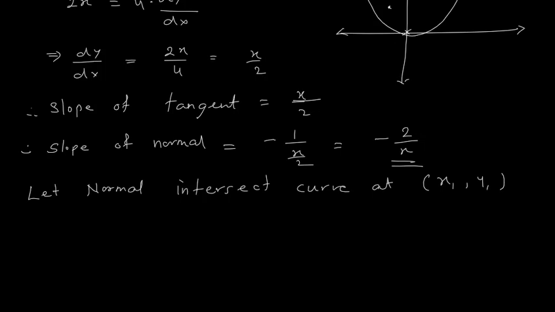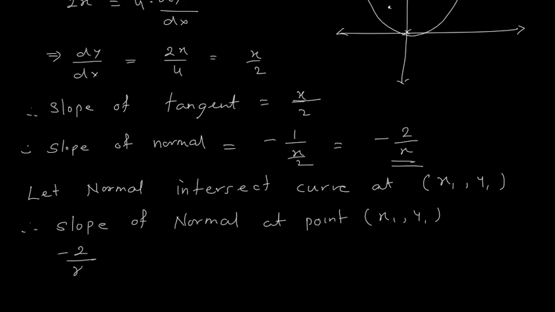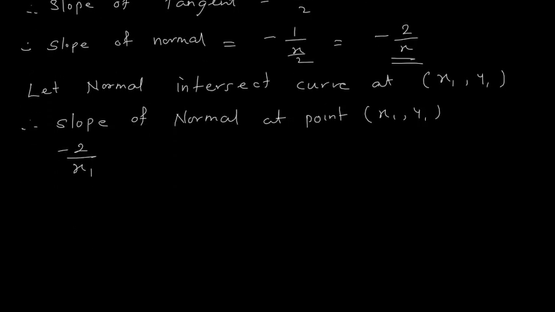So therefore the slope of the normal at point x1 comma y1 is, we have minus 2 upon x, so we will say minus 2 upon x1. This is the slope of the normal. Therefore the equation of the normal